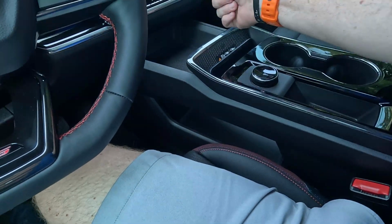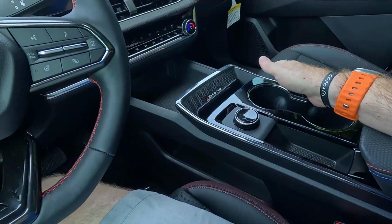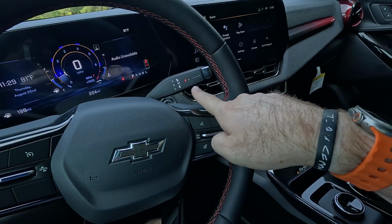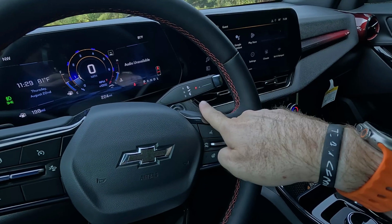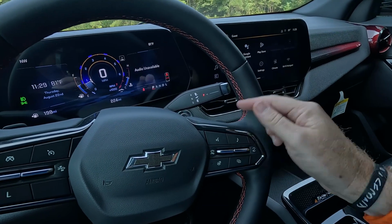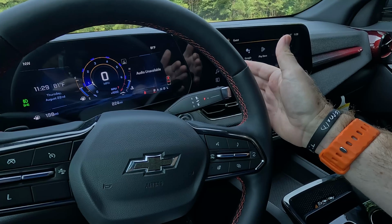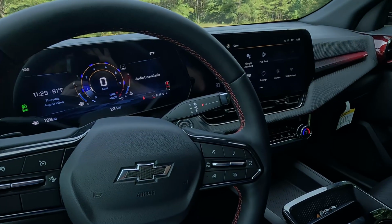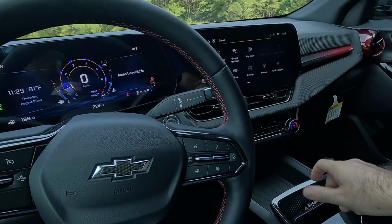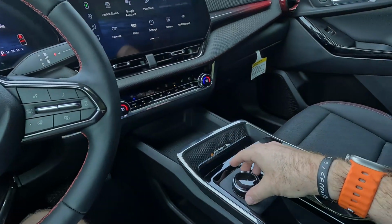So gone is the mechanical PRNDL from previous generations. They've moved that to what Chevy is putting in practically all of their crossovers now. Tahoe and Suburban are getting this for 2025. Traverse already has it, but you get a gear selector here. It very much reminds me of what Mercedes-Benz is doing. I like it better than push buttons and better than a dial, which we do get a dial here,